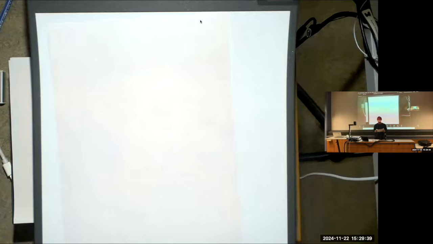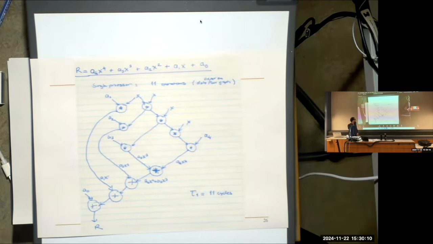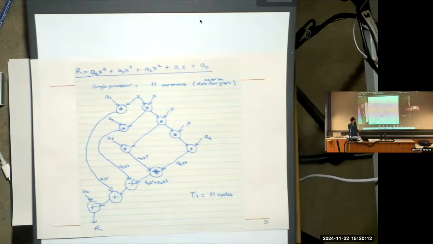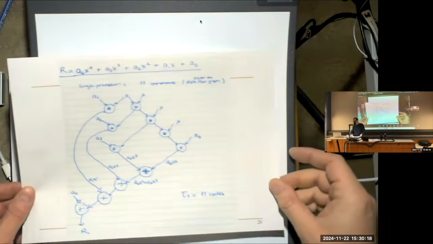Nobody else wants to volunteer? There's no embarrassment, don't worry. But there's only one correct answer, actually. So maybe none of this is correct. Who said 11? 4 people. Are you sure? Okay, I didn't count, so it doesn't matter anyway. This is how you would get 11, I think. Well, you could get it in a different way, perhaps. I was going to construct all of this, but we don't have time. So maybe we go back to slides.